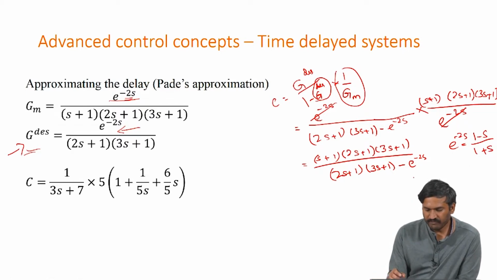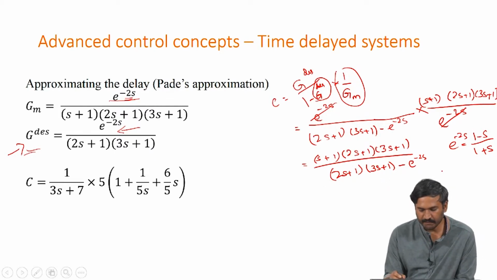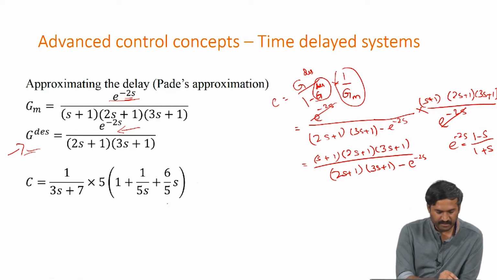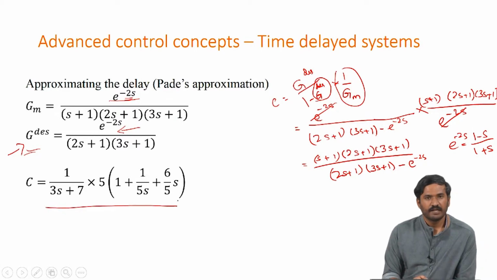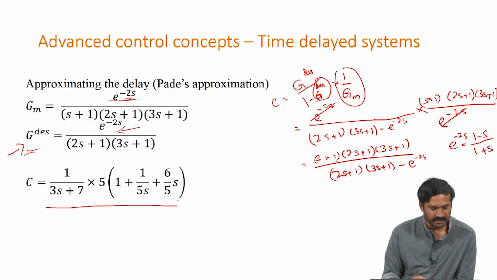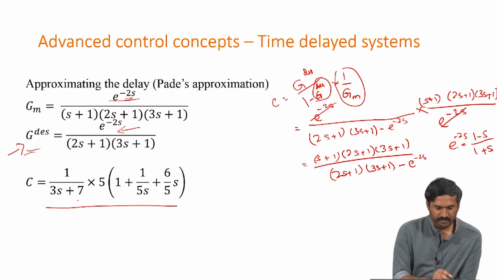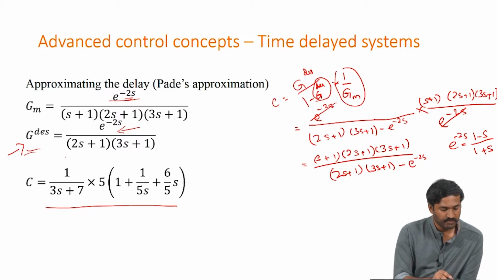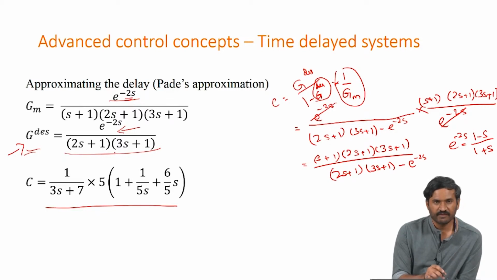So, if we use that information and then do the design completely, we will end up with this controller formulation. Now, the main point to remember is that this controller will work and the closed loop transfer function will result in this. This dictates the performance of the controller.